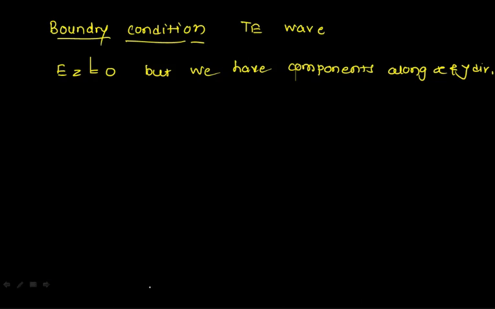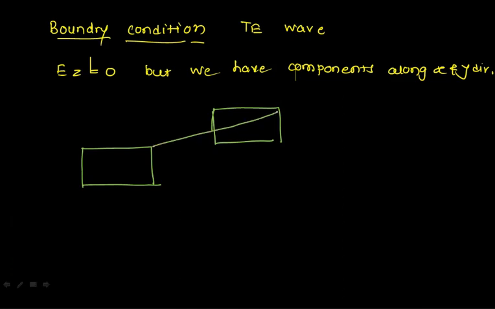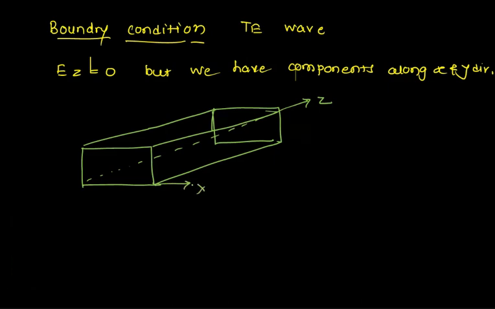So if this is the rectangular waveguide, then I need to assume the 4 boundaries. The first boundary is nothing but the bottom. Here I'm going to talk, the second boundary is nothing but the top condition. This is your direction of z. This will be x and this will be y. So this varies from 0 to a, this varies from 0 to b.